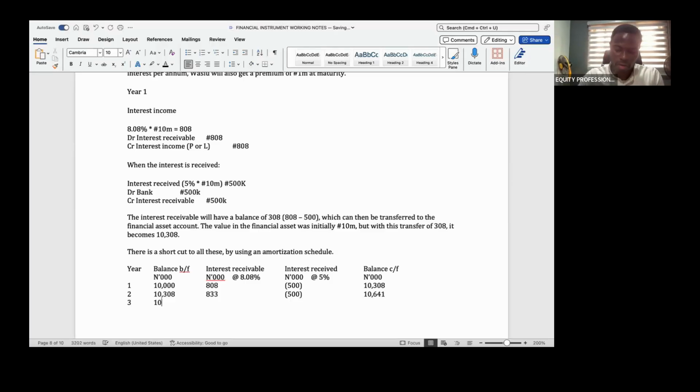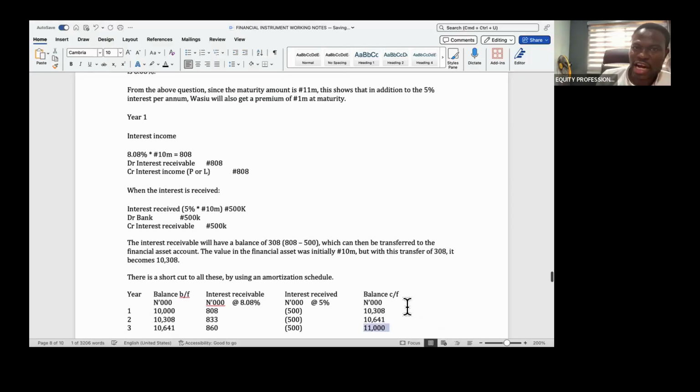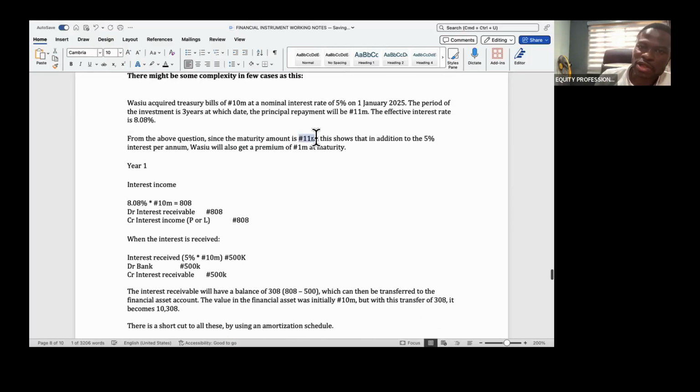In year three, we have 10,641. If we do 8.08 times 10,641, approximately this gives me 860. This doesn't change, it's constant. I get this. So if you do 10,641 plus 860 minus 500, it gives me 11,000. And this 11,000 is jiving with the 11,000 at maturity